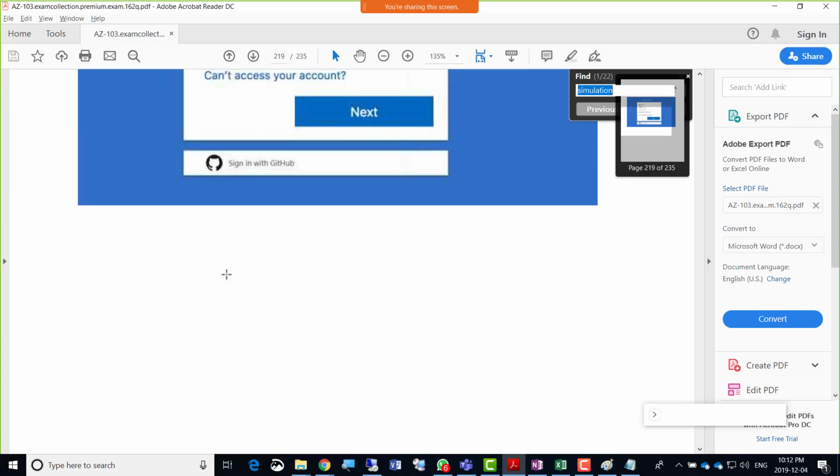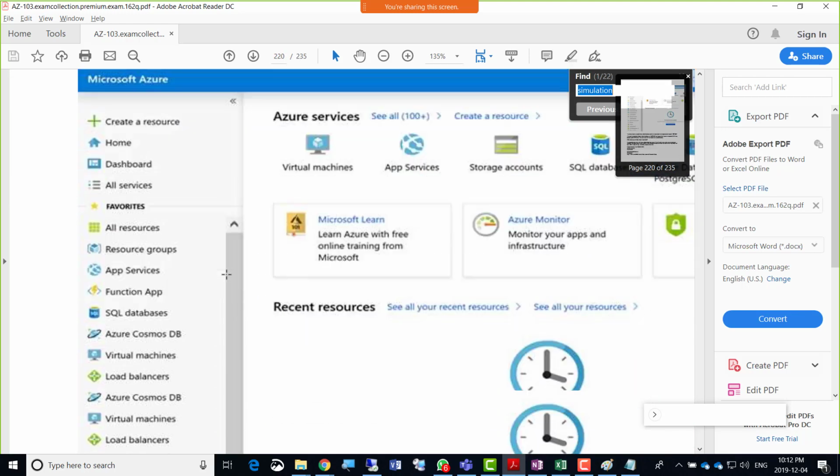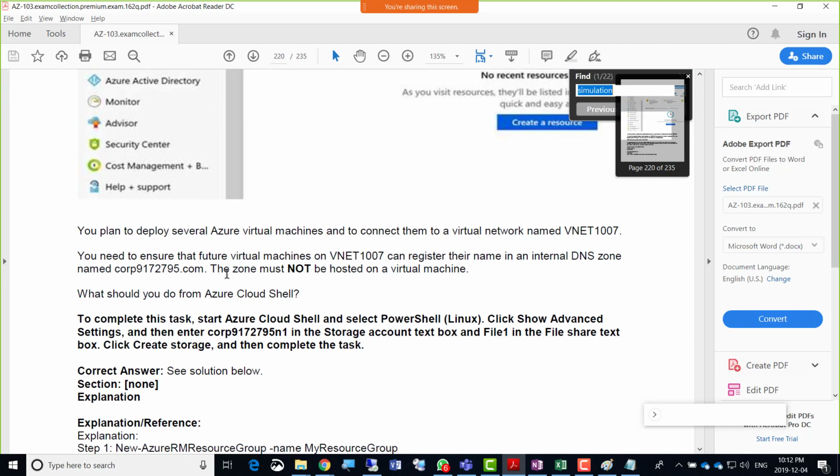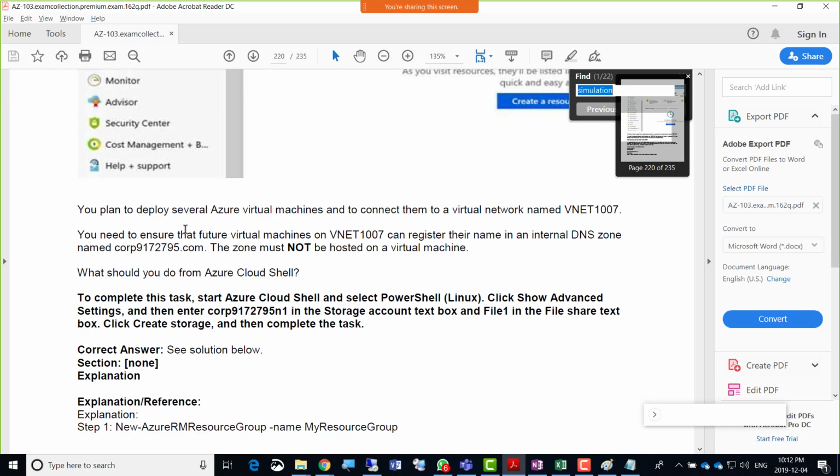Let's go down. You can now imagine how fast I am right now. Okay, no. So you plan to deploy several Azure virtual machines and to connect them to a virtual network named VNet1007. You need to ensure that future virtual machines on VNet1007 can register their name in an internal DNS zone.